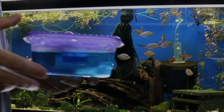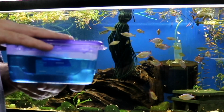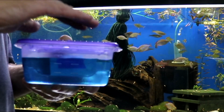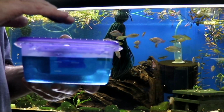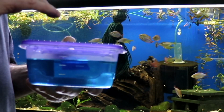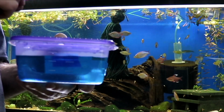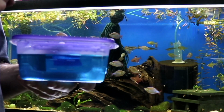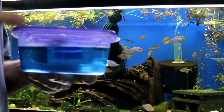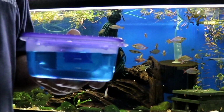Alright, so it's day 7. You've been checking this for a couple of days now. You open it up on day 7 and you look inside and you see hundreds of little babies that are swimming all over the place. These guys are hungry. Rainbow fish are not born with very big egg yolk sacs, so they can't feed themselves for very long, so they're going to be looking for food very, very quickly. And you want to get them out of this methylene blue water. So what I like to do